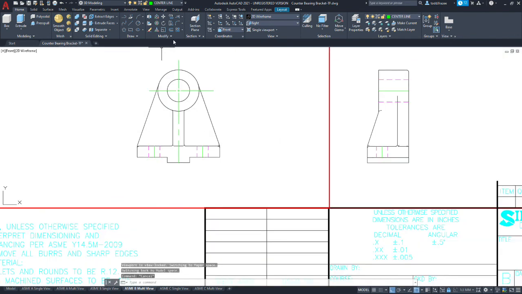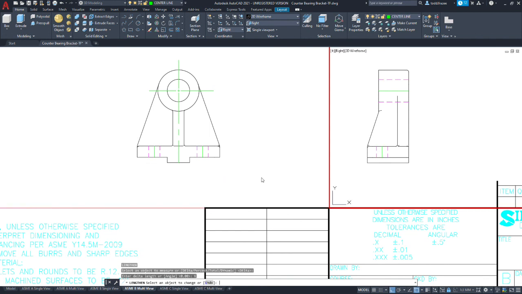Okay, so now we're going to go back and use this modify lengthen, and we're going to use delta, DE is the abbreviation, and we want to extend out 6 millimeters.